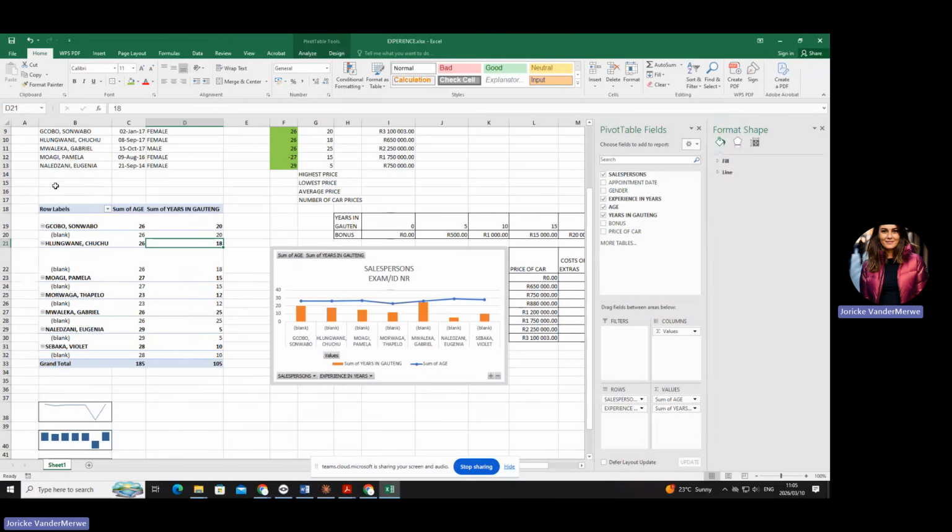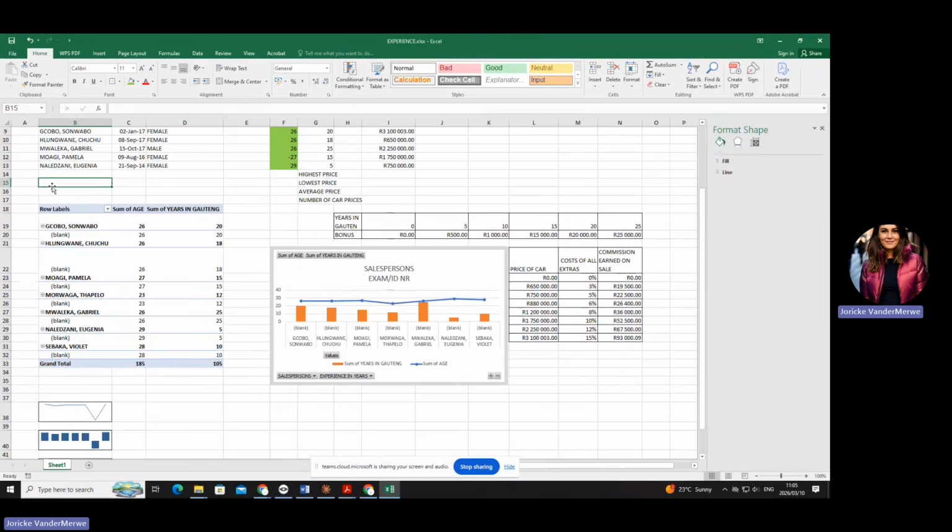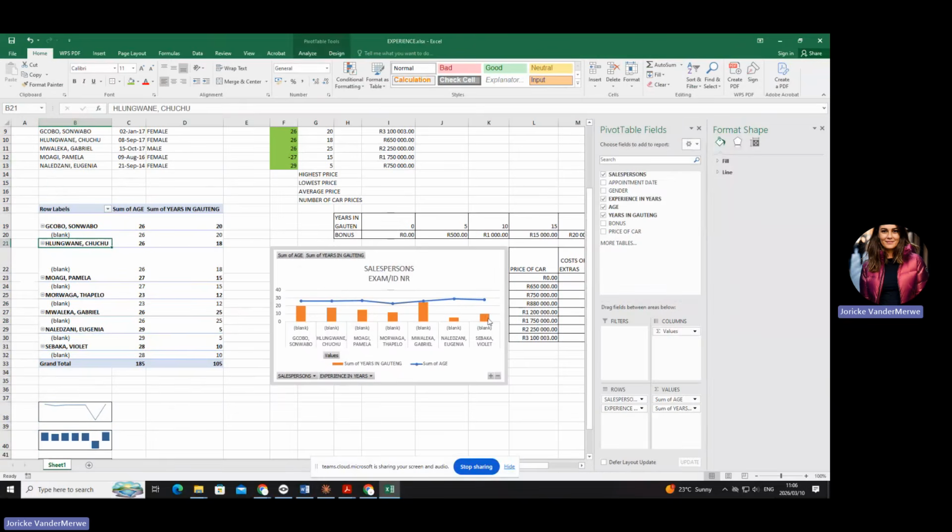Then what you're going to do is you're going to click somewhere outside. Normally they will give you a cell value, let's say B15. Okay, and then do you see there's a filter option? You see that? Okay, remember I said I want the age to be specific and I want the years in experience to be specific.